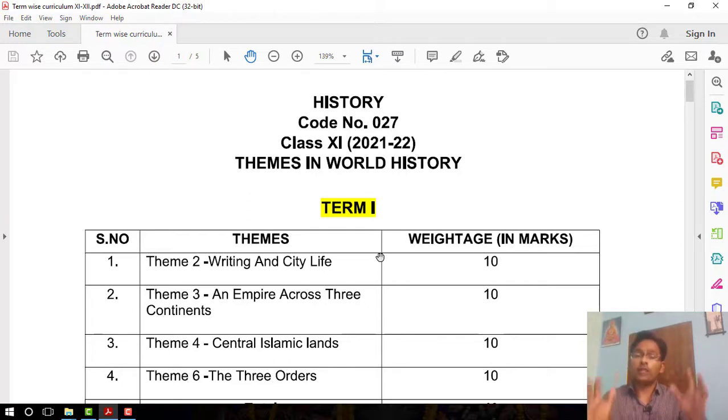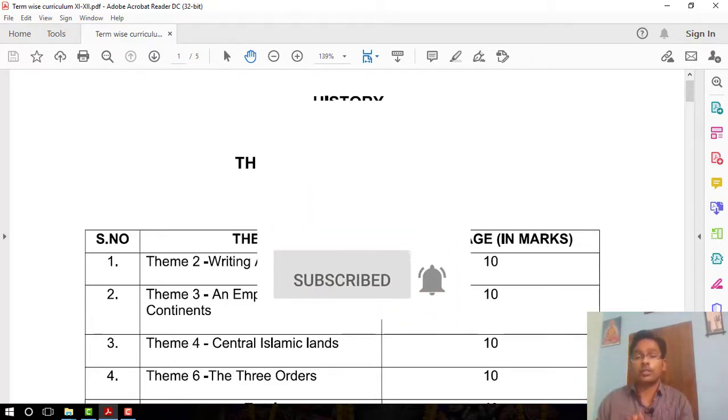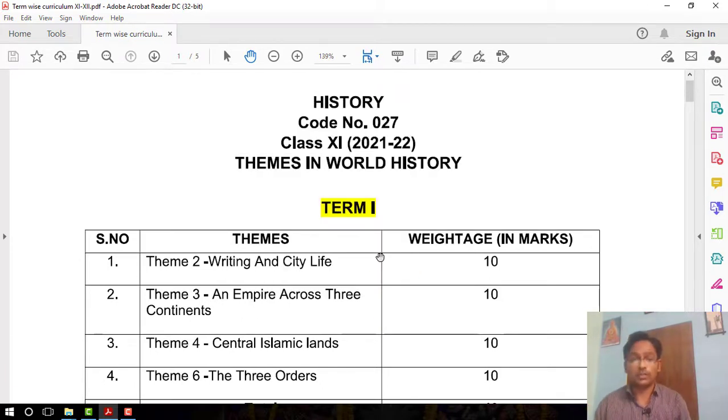Now in your project work you have to prepare a project, right? And the project work should be exhaustive and informative. Along with it, you should prepare for the Viva, and prepare some important questions for this project work and the chapter you choose, because the Viva examination will be conducted on the basis of the project. So project work and Viva will become 20 marks for class 11 history. So remember students, please think about it and please remember my words for the project works.